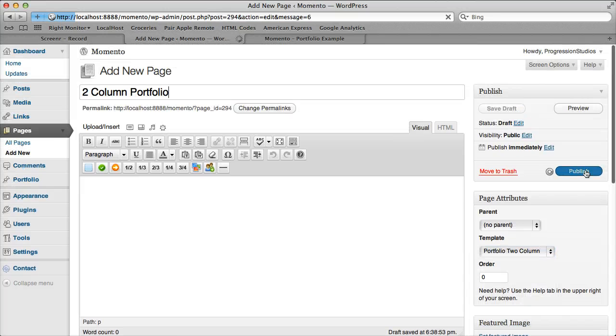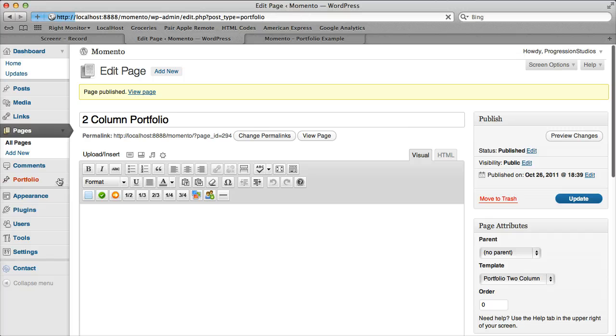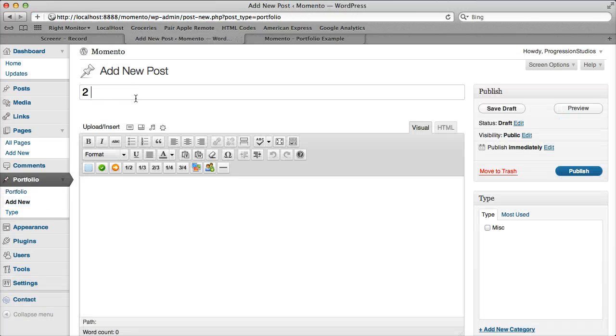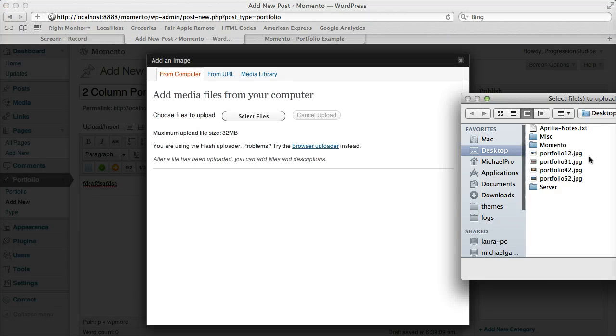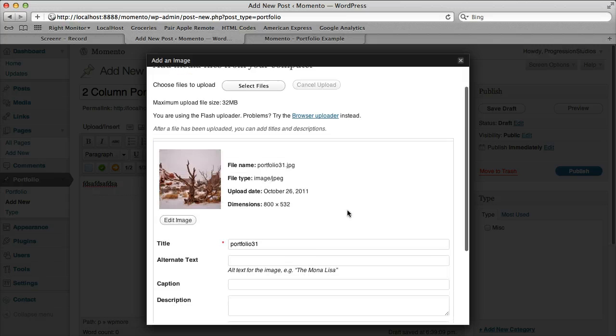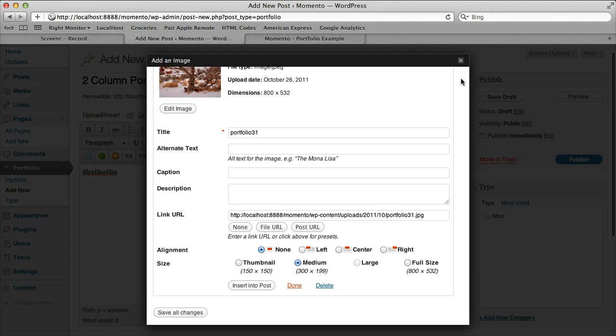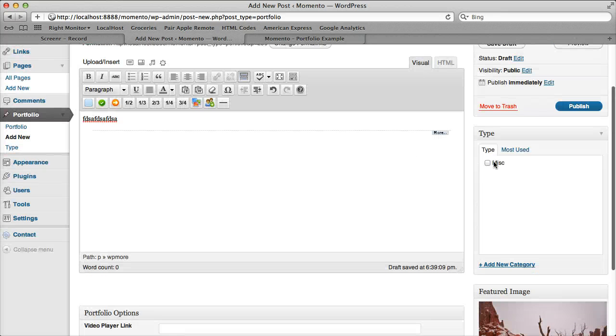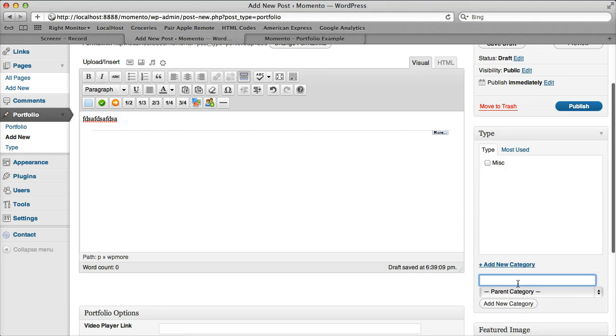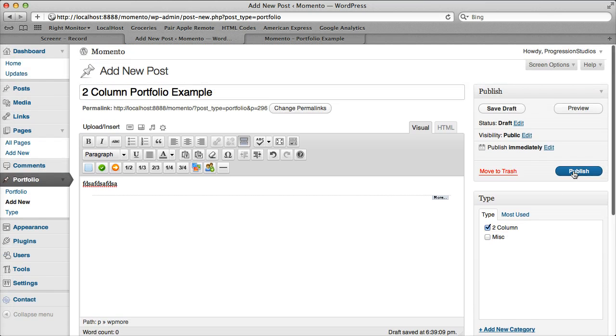And we'll publish this. And then let's add another portfolio item, and this one will be our 2 column portfolio example with some text and then our read more button. Let's upload an image. Use a featured image, and then what we're going to want to do is create a new category because miscellaneous will go to our 3 column example. So let's just call this one 2 column just for our example's sake, and we'll publish that,